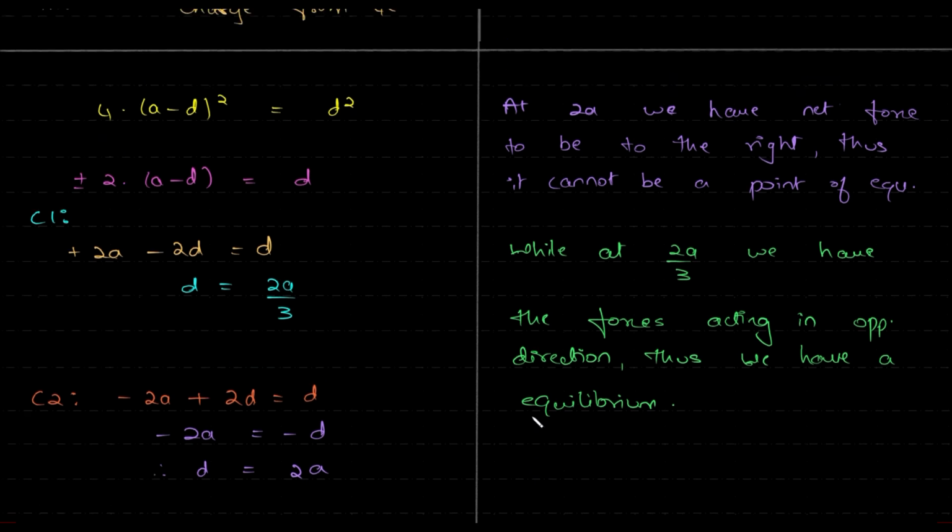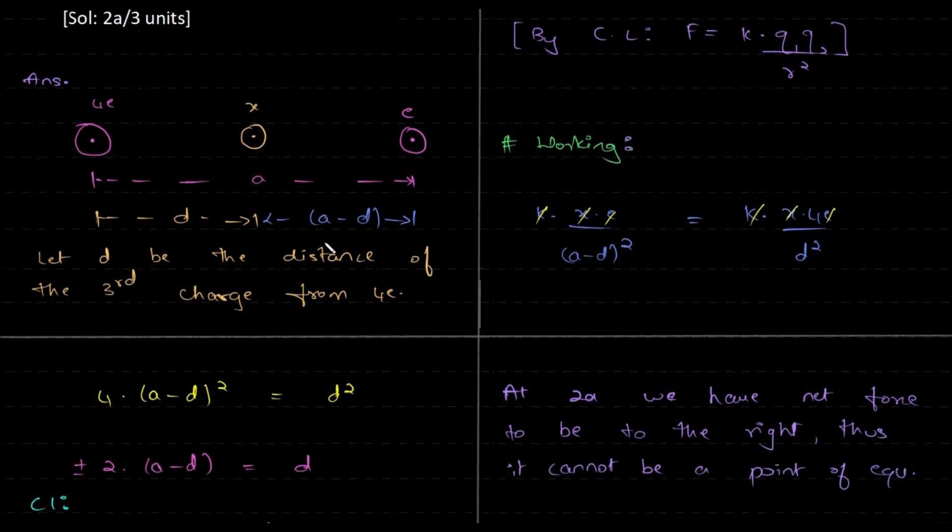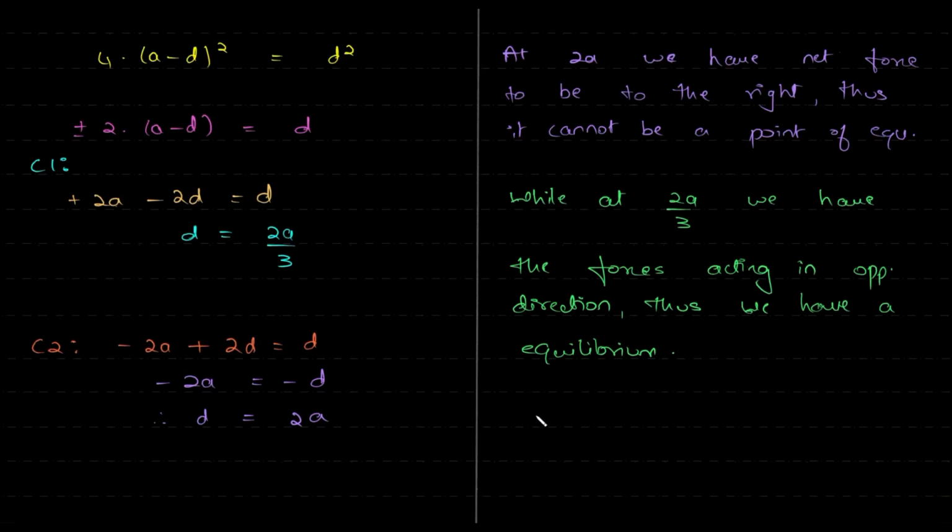Is it stable or unstable? If I push this left or right, what happens? There will be a lot more force from either of the charges, and they'll push it back to the original equilibrium point. So at 2a by 3, we have a stable equilibrium